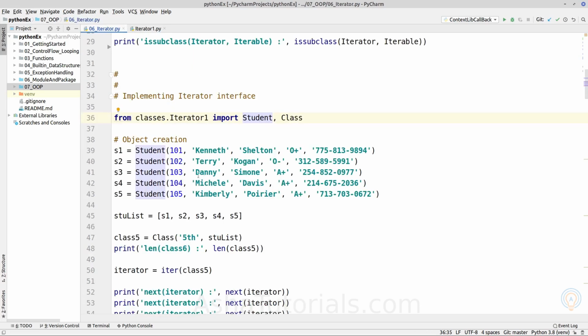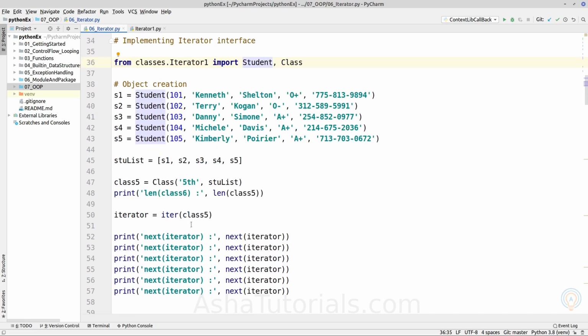Now let's create the object of this class, and first we will iterate it manually using the iter and next methods to see that when the elements are exhausted, it raises the StopIteration error. So here we have created the class object and here we have retrieved the iterator object using the iter method.